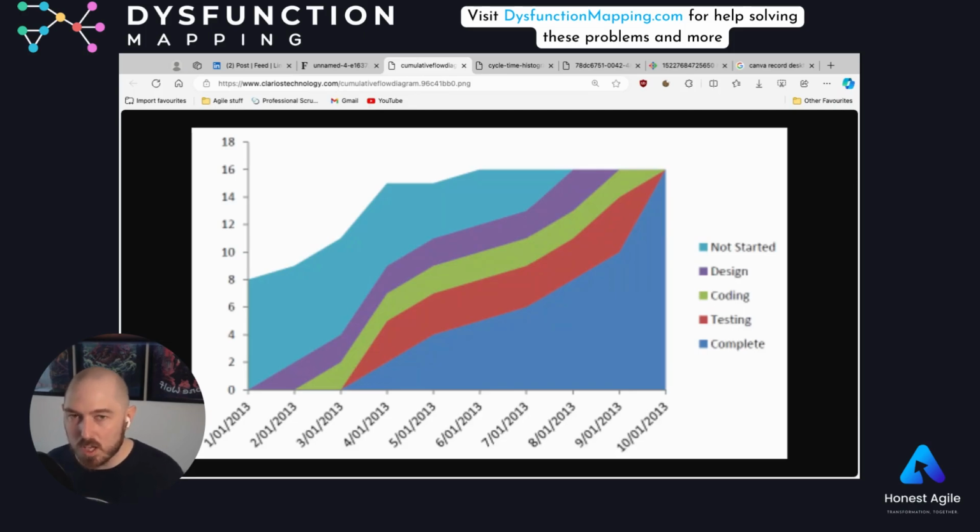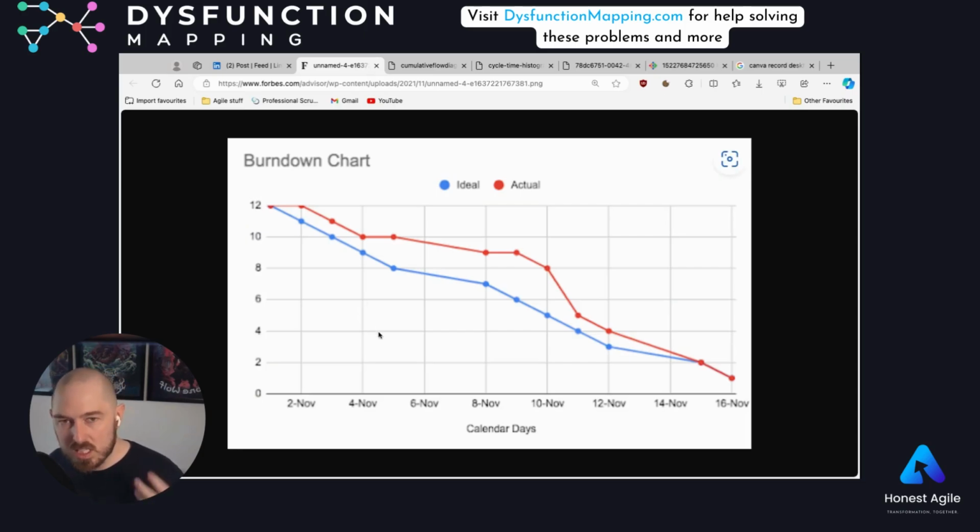And this is sort of like a Pareto principle, which is to say 80% of the value that we deliver comes from 20% of the work that we do, which, if you follow that to its natural conclusion, means that 80% of the work that we're doing probably shouldn't really be our focus and shouldn't be being done. But if we are focusing on a burn down chart and trying to keep to our blue trend line, we'll keep relentlessly trying to spend time and energy on that 80% of less valuable work instead of maybe pivoting or stepping back and focusing on delivering that 20% that is very, very valuable